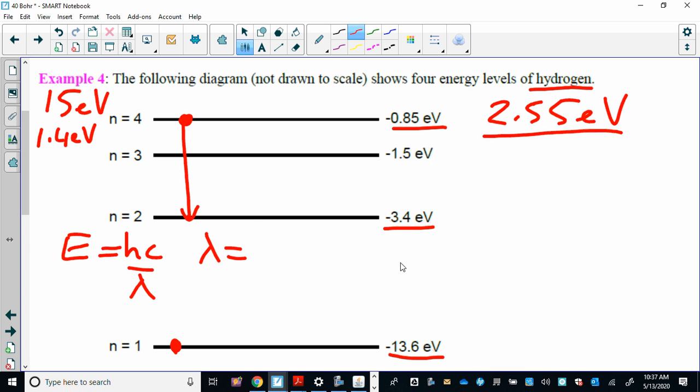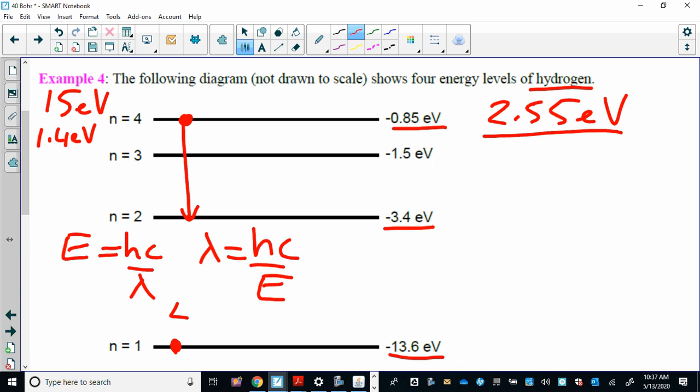Therefore, lambda equals hc over E, and then I just plug the numbers in. I'm going to use 4.14 times 10 to the negative 15 for Planck's constant, because we're in electron volts, times 3 times 10 to the 8th, divided by 2.55, and I get